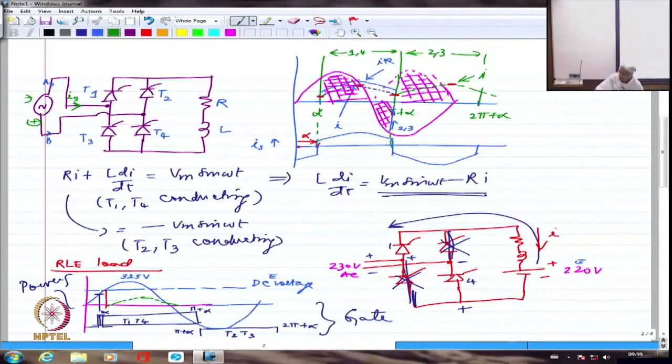Obviously, in the other half cycle again, I'm going to have this as the other half cycle, and I'm trying to fire it somewhere here. Sorry, I have made it a little taller. Okay? And then I'm going to have essentially the current starting only at this point, and then it is going to probably go again